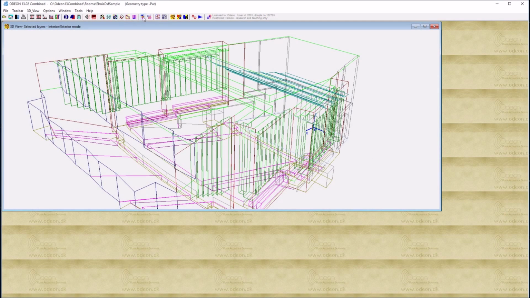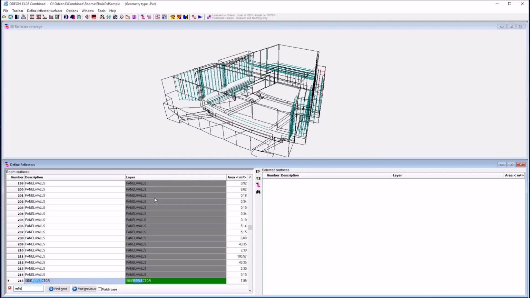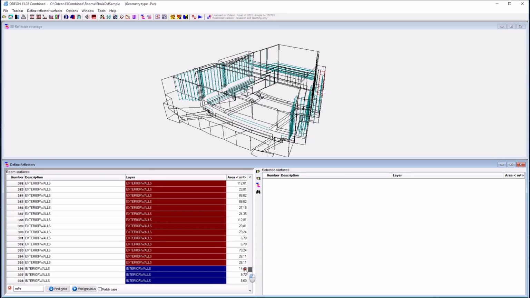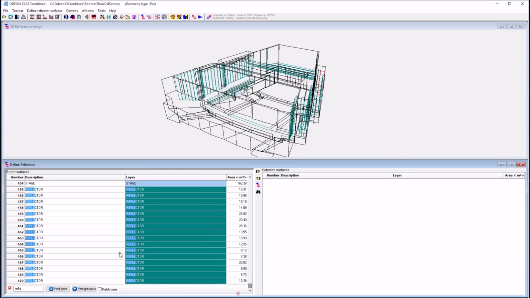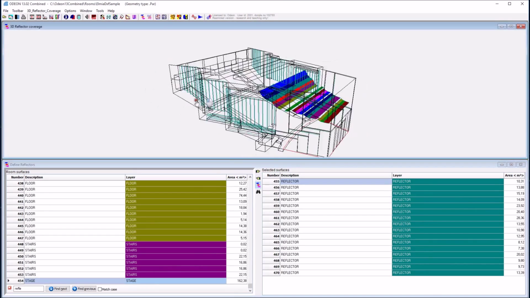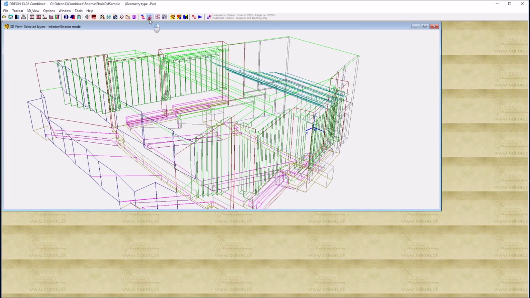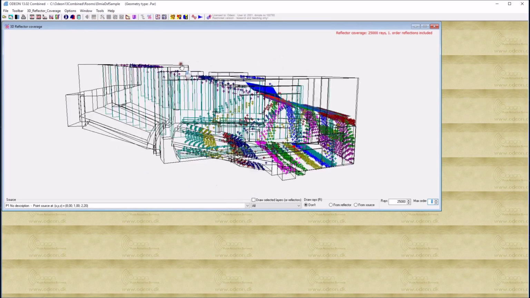Another thing we can visualize is reflector coverage, and I will shortly show you how to do that. Let's search for the reflectors in the room. So we have side reflectors, which is not the ones that I want to show now. We also have sidewall reflectors, and we can multi-select these in this list. And then we can see that these were the reflectors we selected. And finally we can do a visualization of reflector coverage.